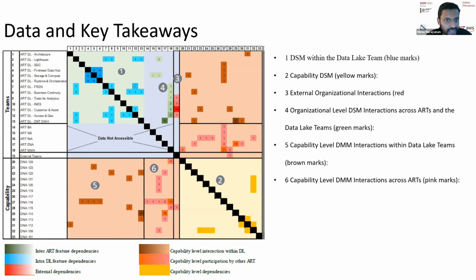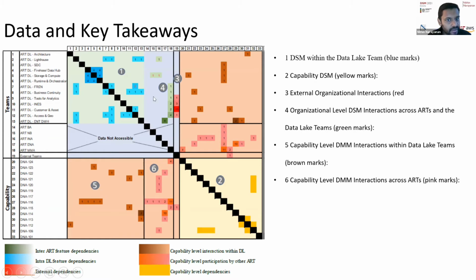And you can see that there were a few other dependencies with external ARTs as well. The interesting thing about ARTs is that an ART has a release train engineer who manages this, and every ART has its own schedule and release train engineers who manage that. So there requires an additional level of coordination between these ARTs.